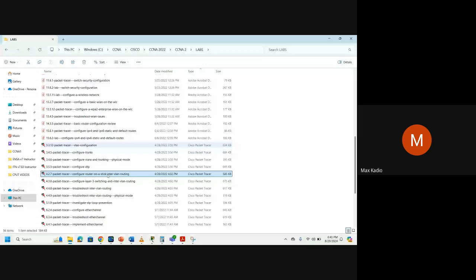So yourself, if you want to play around, we have a lab here, how to configure VLAN ID,